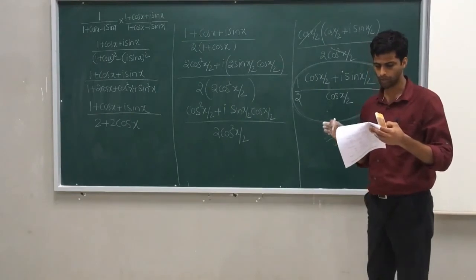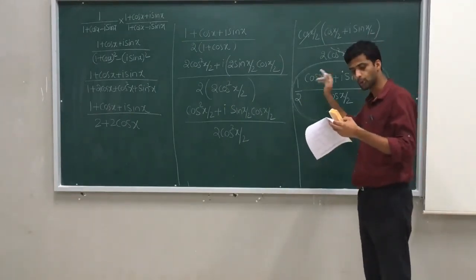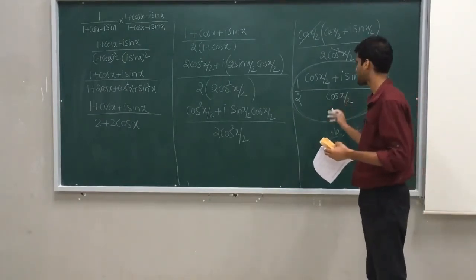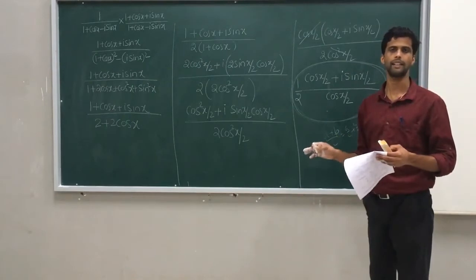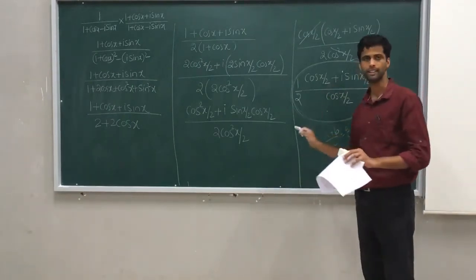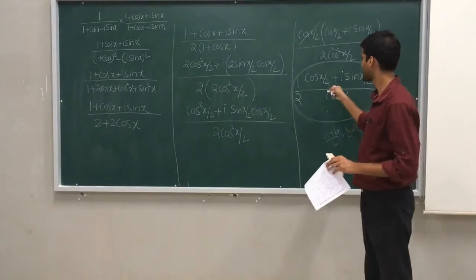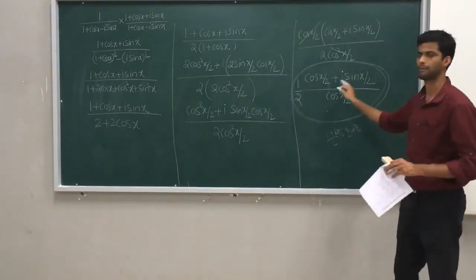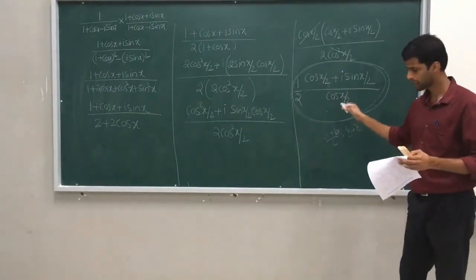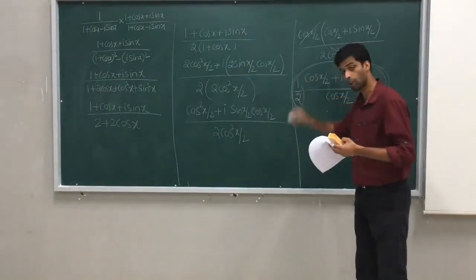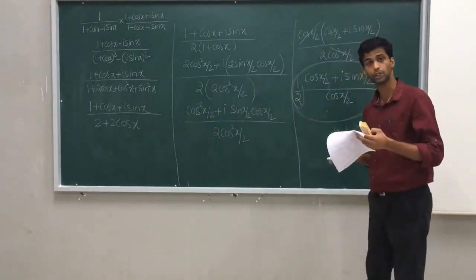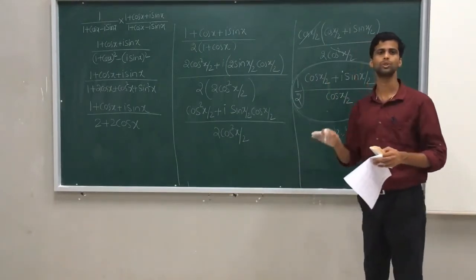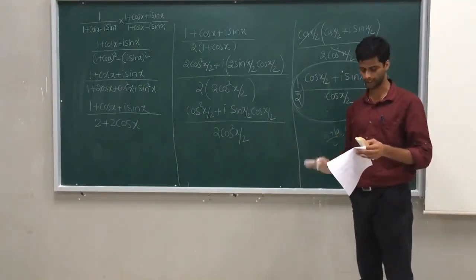If yes, what is the answer after simplification? You have 1 by 2 options, minus tan x by 2 and plus tan x by 2. You just check which option suits well here, and please reply in this regard. So this one question I gave you as an exercise. Just check which option suits after simplification. Because we have 1 by 2, or other than 1 by 2 you may also get some answer, that also you check. But take care of these things, which option suits well in this case.